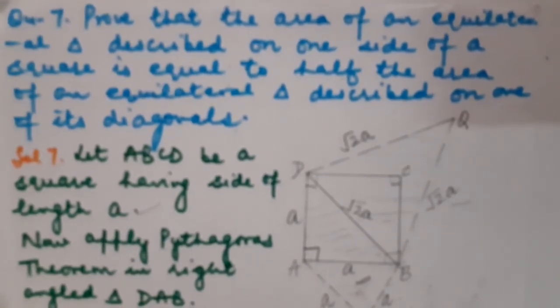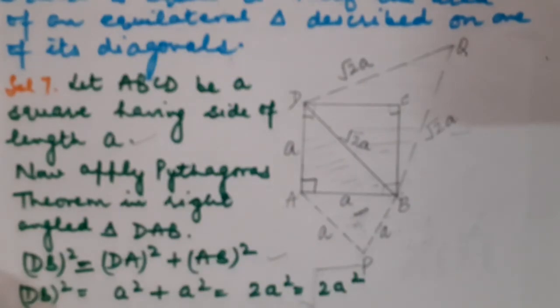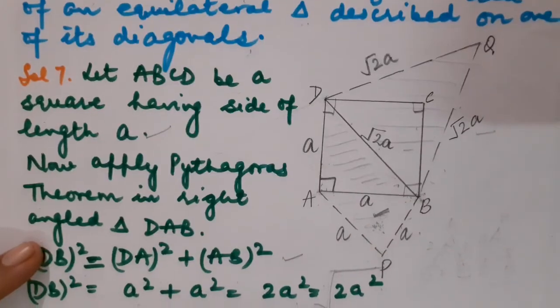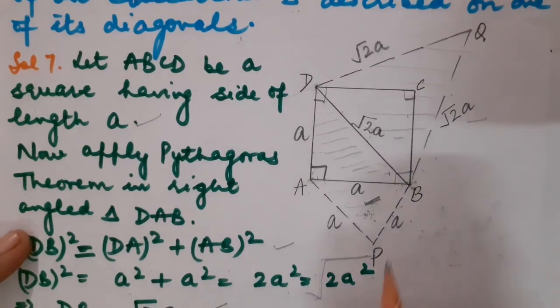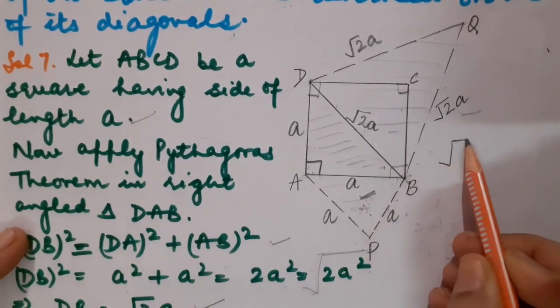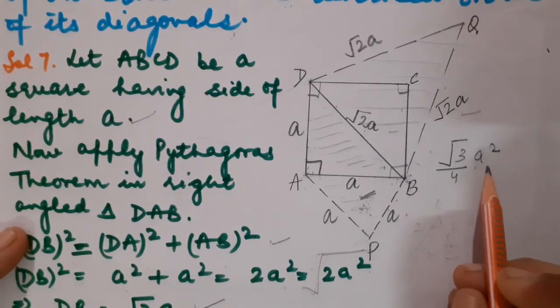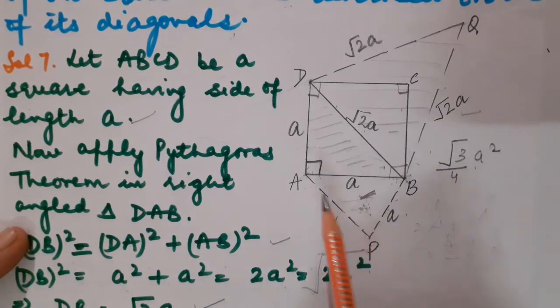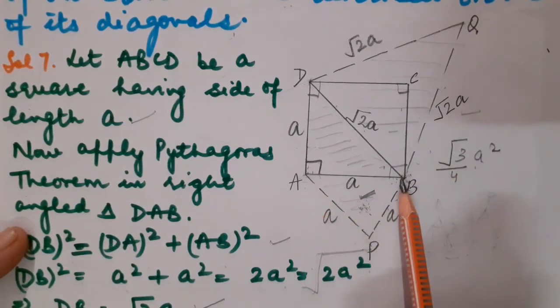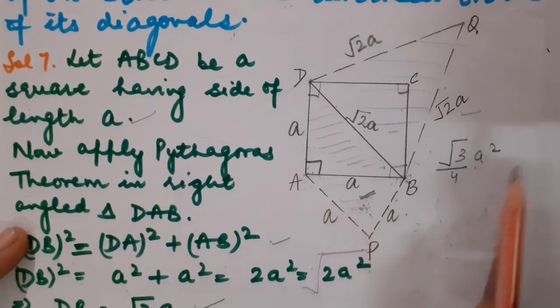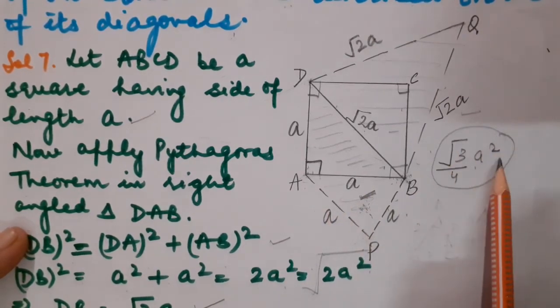Okay, children. Suppose you do not want to apply theorem 6.6, then you can directly use the formula of area of an equilateral triangle, and then also you can solve this question. Now how? Please have a look at that part also. As you know, the area of an equilateral triangle is root 3 by 4 a square, where a is nothing but the side. Now children, I am going to calculate the area of triangle PAB. I know that the length of the side is a. So definitely it would be root 3 by 4 a square only.